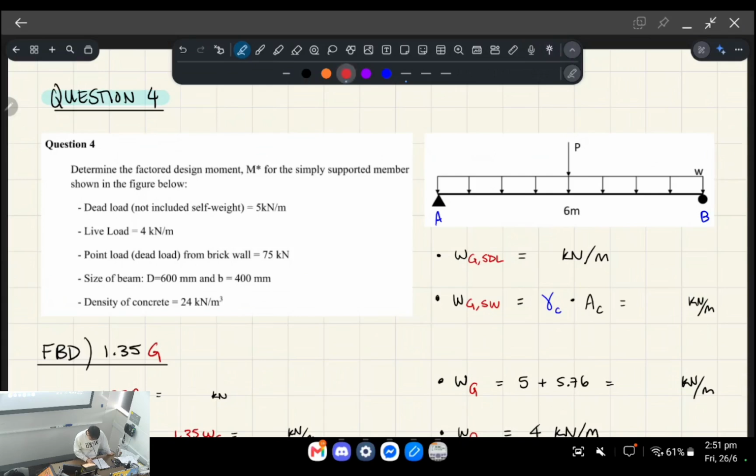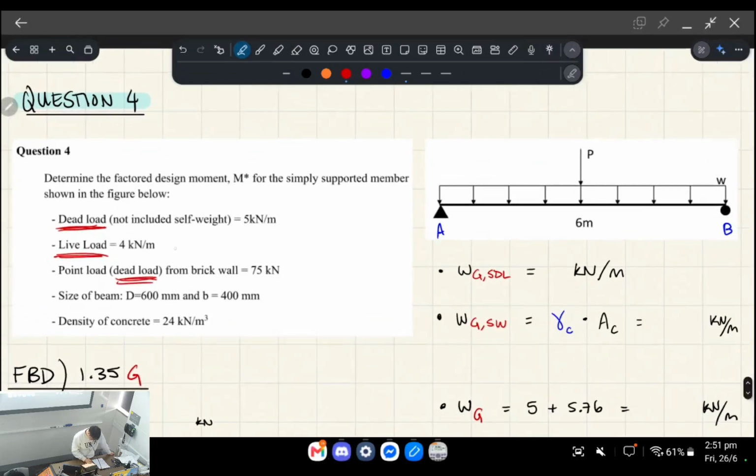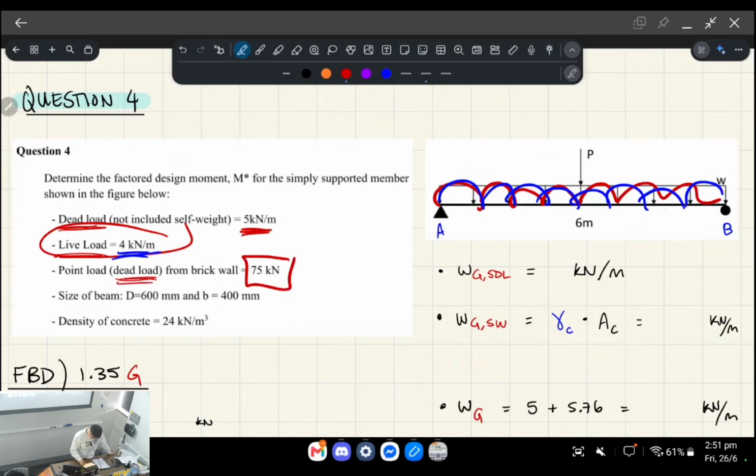The only thing now is that instead of giving you absolute loads, like 10 kilonewtons or whatever, they tell you it in terms of dead loads and live loads, okay? Right. So we're told that there's a dead load uniformly acting on the beam of 5 kilonewtons per meter, and also a live load, which is acting uniformly on the beam of 4 kilonewtons per meter. And there's also a dead load of 45 kilonewtons from a brick wall as a point load in the middle